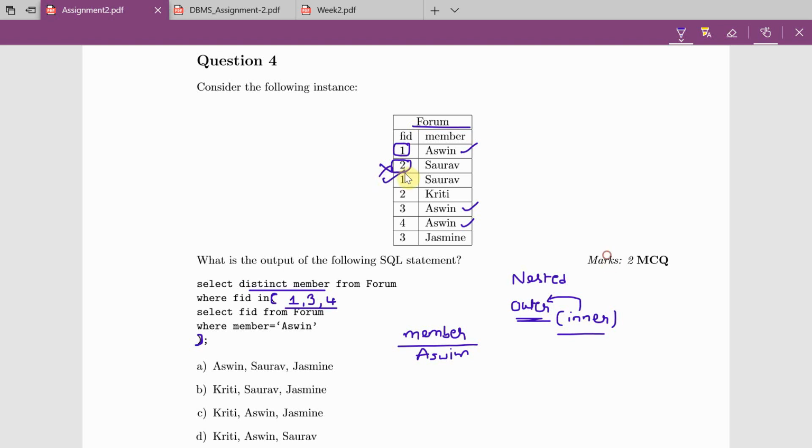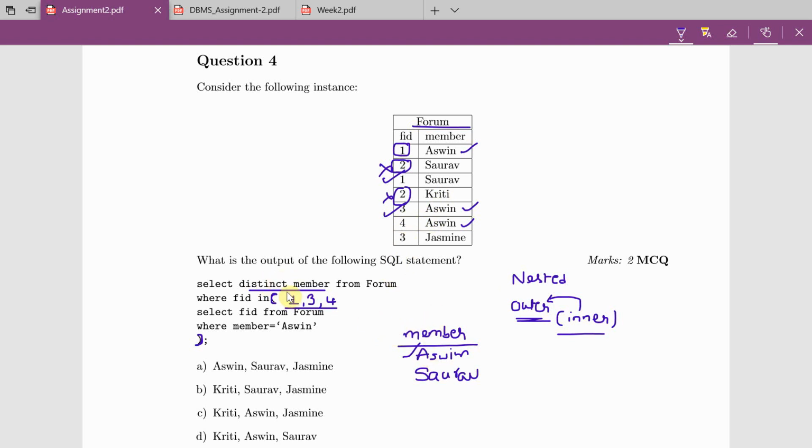FID 1 is there, that is the name Saurav, and FID 2 is not in the inner query. FID 3 is there, so the name Ashwin is already in the output because it is given as distinct member. Ashwin is already there, so it will not be shown.